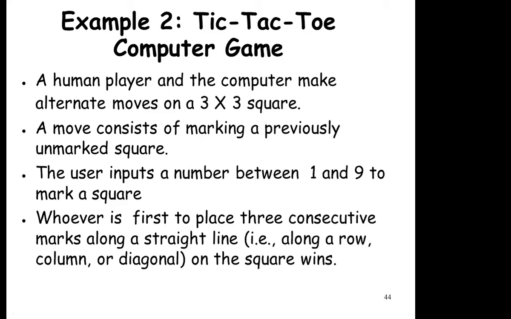Suppose the tic-tac-toe computer game. Next example: we have done the RMS example, now the tic-tac-toe example. You know about that game, that it is a 3 by 3 square. One will mark a cross, another will mark a circle. We have to occupy three consecutive spaces horizontally, vertically or diagonally. If one is able to get three in a row vertically or horizontally, the person wins. So you know about the tic-tac-toe game.